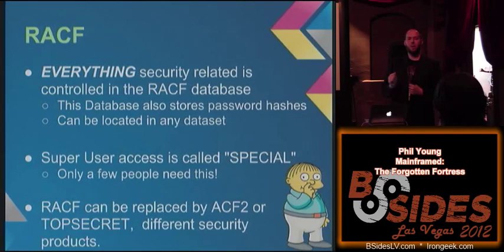Some companies went with ACF2 because that's what was available at the time, or they acquired a company that was using it. Some companies use Top Secret. Top Secret and ACF2 are both owned by Computer Associates. I don't know why, well, it's obvious they have 2 competing products, because no one wants to update their mainframes and switch over to one product, right? So they have to maintain both.